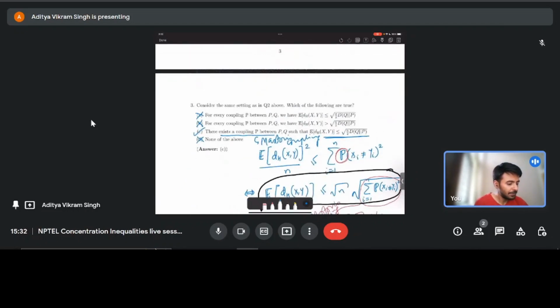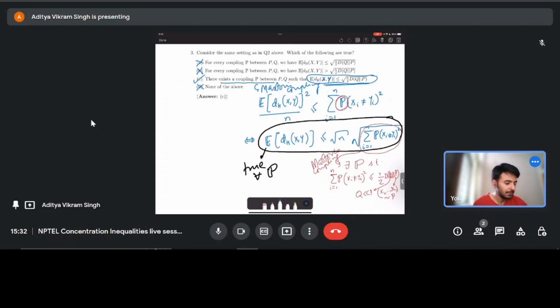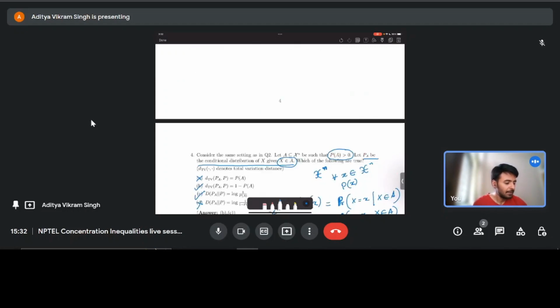Okay. So question number 3. Question number 3, we had this, right? That there exists a coupling, that Martin coupling, for, right? And on the left hand side we had x comma y, and we said that there exists a coupling between x comma y such that this happens, that Kerr divergence condition happens. So similarly here,